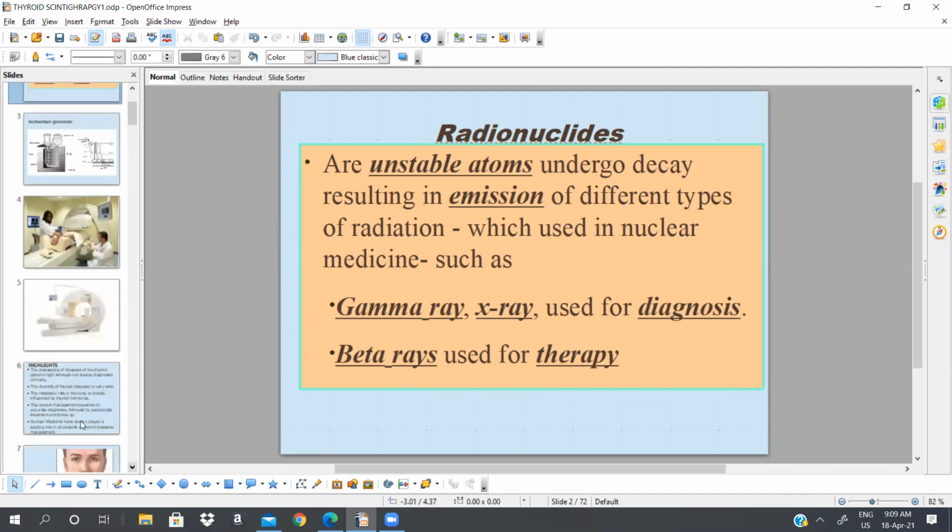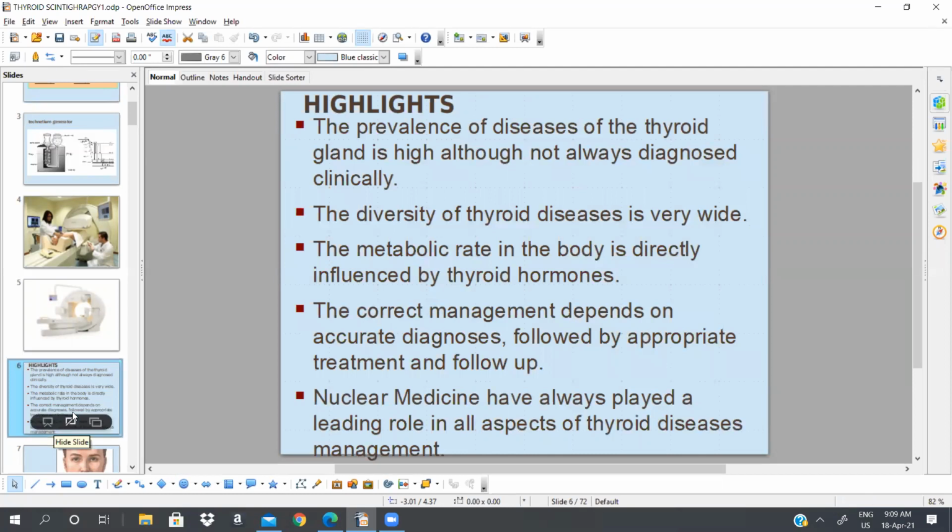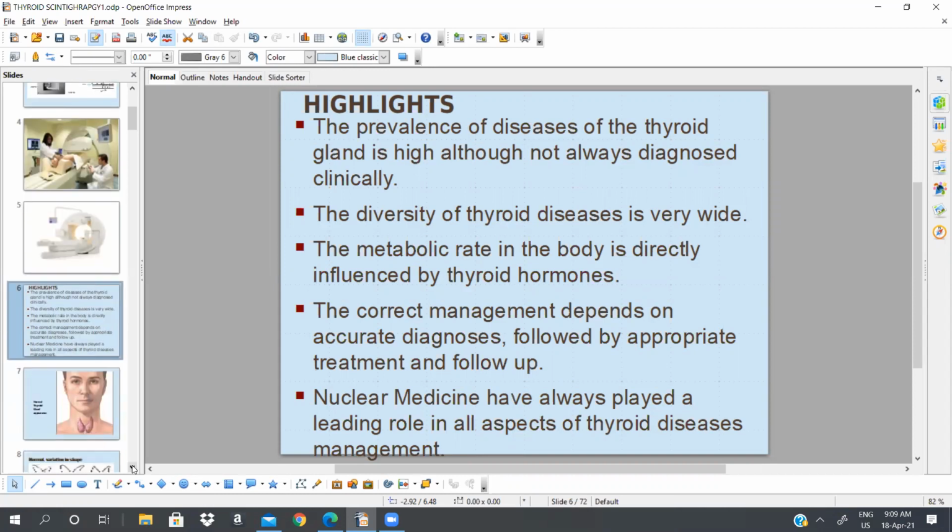So let's move to the highlights. The prevalence of disease of the thyroid gland is high, although not always diagnosed clinically. The diversity of thyroid disease is very wide in the population. The metabolic rate in the body is directly influenced by thyroid hormones, the T3 and T4 hormones you studied. The correct management depends on accurate diagnosis, followed by appropriate treatment and follow-up. Nuclear medicine has always played a leading role in all aspects of thyroid disease management. In the next slides, I will show you examples and scenarios to see the importance of nuclear medicine in treating